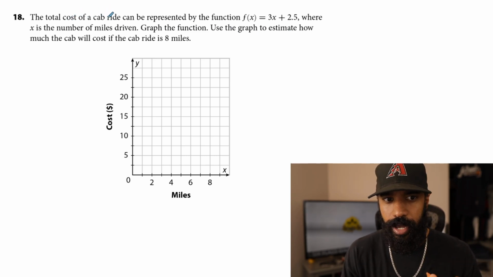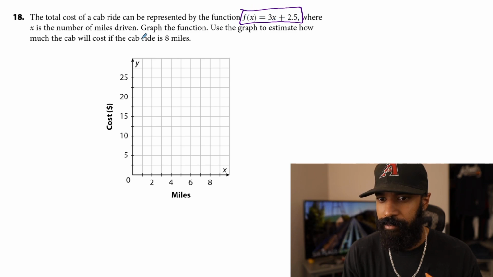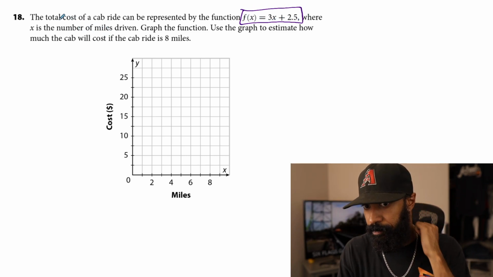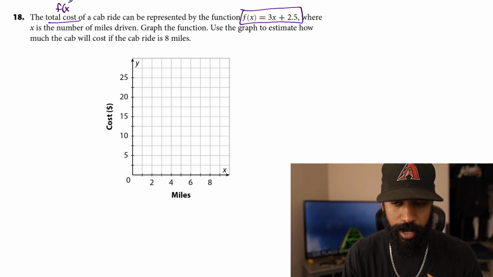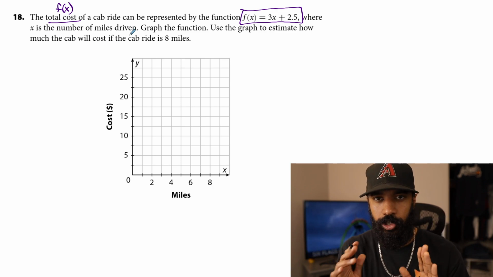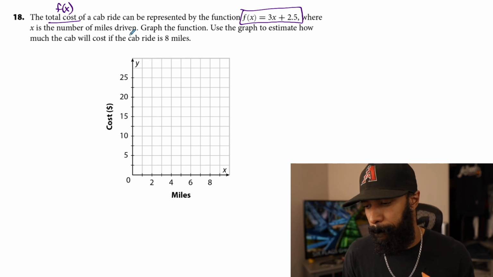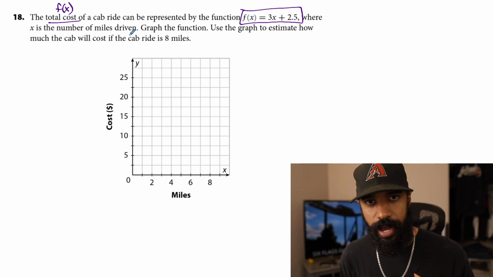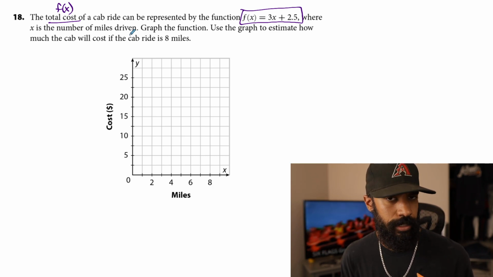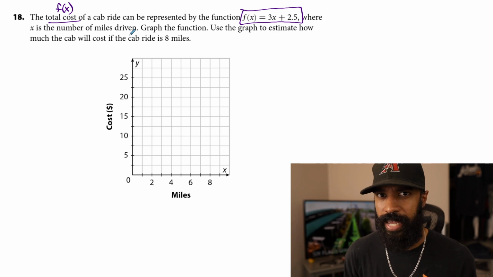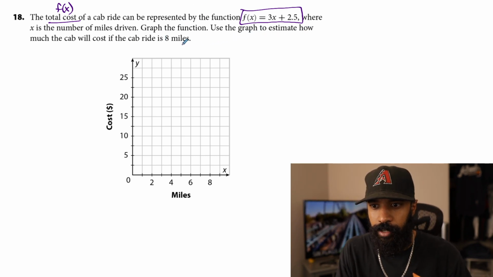The total cost of a cab ride can be represented by the function f of x equals 3x plus 2.5, where x is the number of miles driven. Now they say total cost. That's saying it can be represented by the function. That means total cost is f of x and x is miles driven. My input is the miles driven. My output is the total cost. Meaning I can figure out how much something costs by stating how much I've ridden. Graph the function,